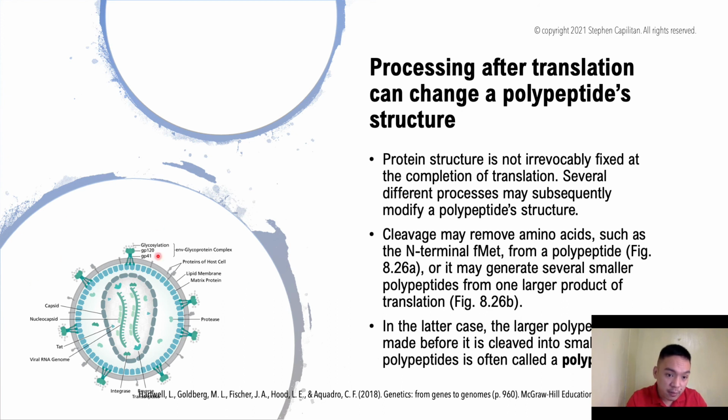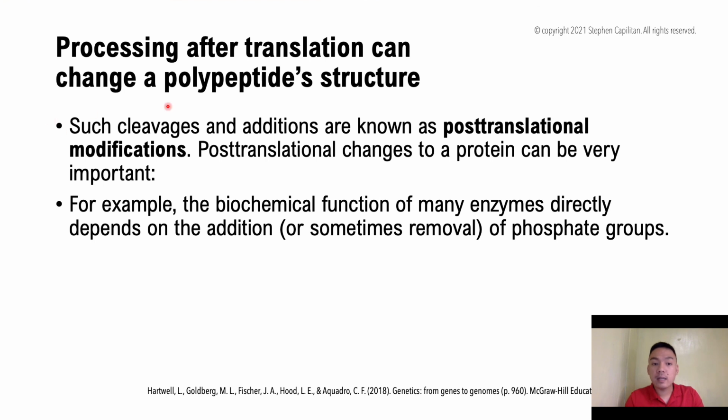This is your HIV virus. It has proteases here, and this is creating the proteome. These are the proteins of your HIV. Processing after translation also can change your polypeptide structure, and there are some, again, cleavages and additions which are known as your post-translational modifications. These post-translational changes to a protein can be very important. For example, the biochemical function of many enzymes directly depends on the addition or sometimes removal of different phosphate